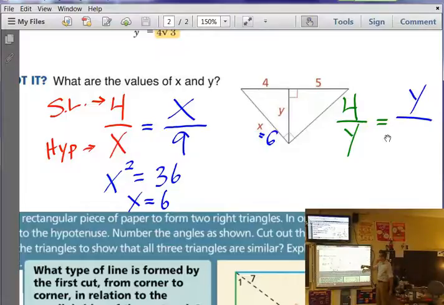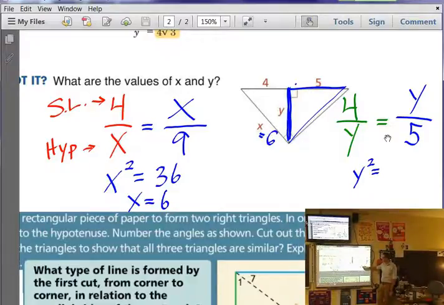So we know the y has to be on top. So right now what we set up, it's a little hard to see, but it looks like short leg, long leg. Like the 4 looks to be our shorter leg. So if I have short leg, long leg, I need short leg, long leg. So if I'm using y as a leg, it's got to be this triangle. So yeah. So then y squared equals 20, and y, when reduced out,